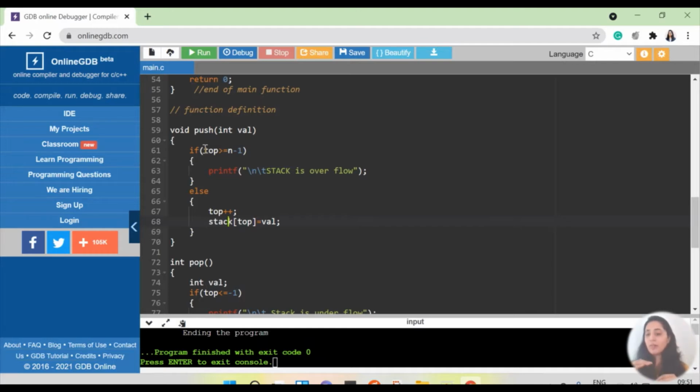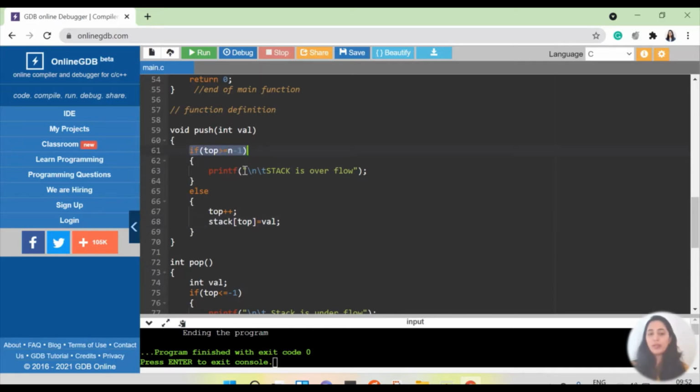If your top is n minus 1, that is 4, then your stack is the array from 0 to 4. So you have reached location 4. That means your entire array is complete. When your entire array is complete, you cannot add any new element to it. At that time I should get an error message, a warning or indication that you cannot push. So here I'm checking this condition in line number 61.